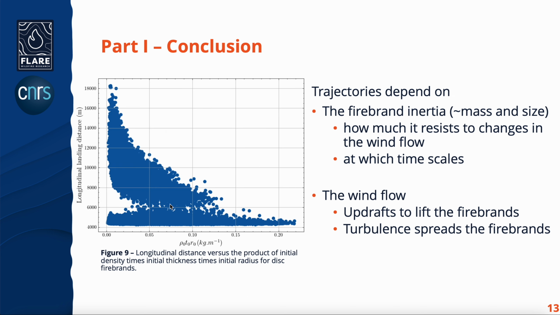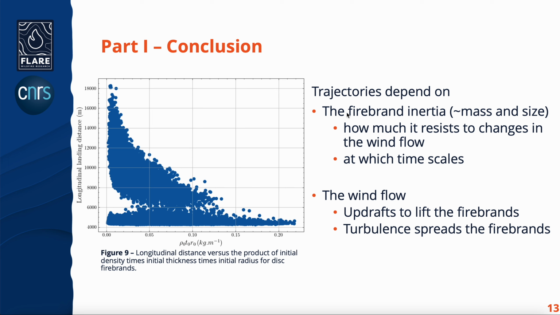When we plot, for example, the longitudinal landing distance, so that is the travel distance of the firebrand, versus the initial density times the initial thickness times the initial radius of the firebrand, we observe this kind of bimodal distribution where there is a threshold value here at 0.14, where initial values greater than this are going to all travel in a short range behavior, so less than 500 meters, less than 1000 meters. And below this value, actually, the firebrands are either going to travel short distances or they are going to travel